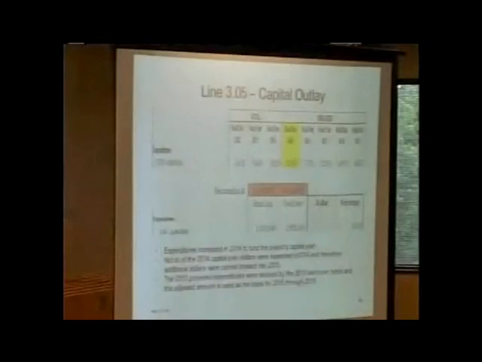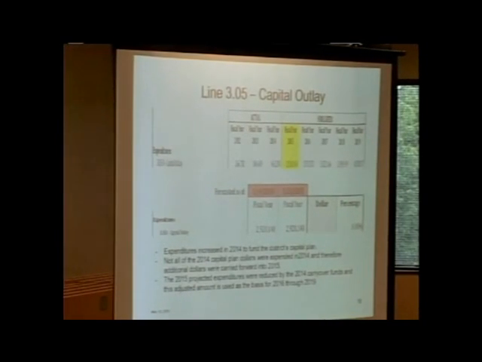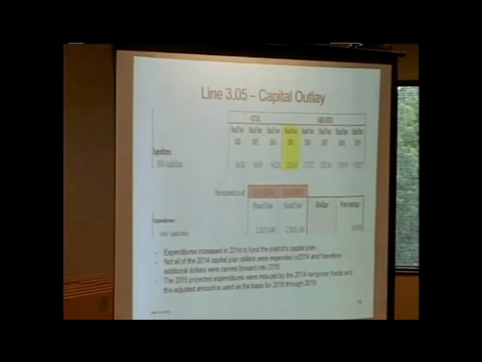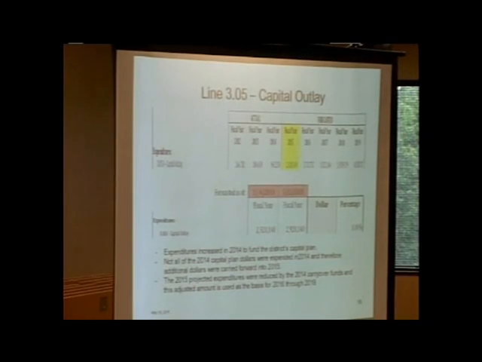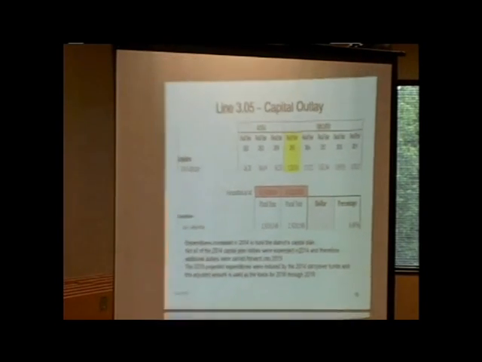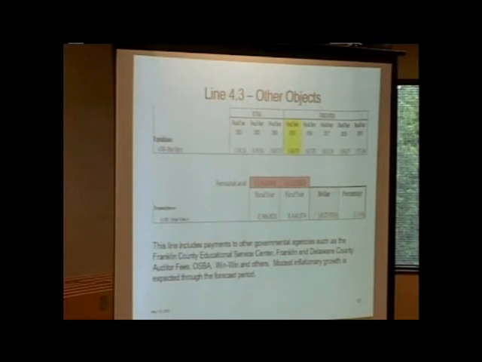Capital outlay, what we said we were going to spend in October, we really didn't change that. We're pretty much on track with that. The biggest player in that number is the technology roadmap, but we really aren't expecting any dollar change in that. Those are pretty much what we think we're going to spend. Other objects, again, are like Educational Service Center, we pay for substitutes, we pay Franklin and Delaware County auditors, treasurer's fees, any win-win cases. We're actually down in those fees as well from what we anticipated. But that's sort of a hodgepodge of different fees.